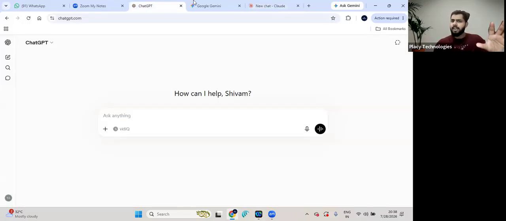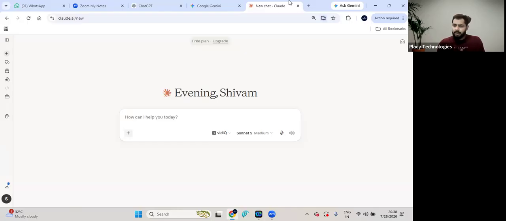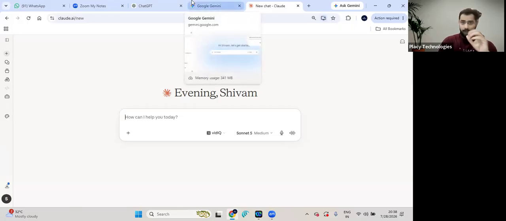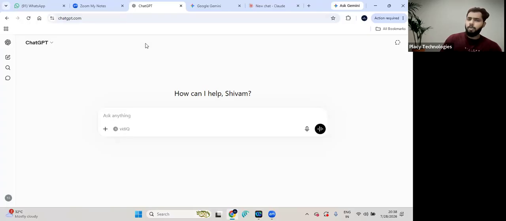ChatGPT is a website. Gemini is a website, and Claude again is a website, right? So there is a company, Anthropic, who launched a product called Claude. A company called Google launched a product called Gemini, and a company called OpenAI launched a product called ChatGPT. Right? So these are the websites, these are the products or services which the companies are offering.